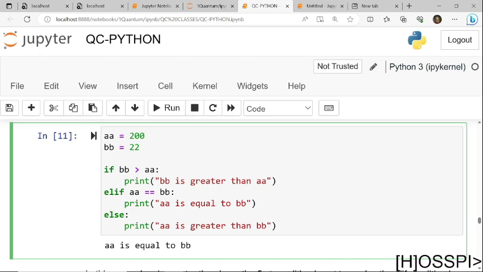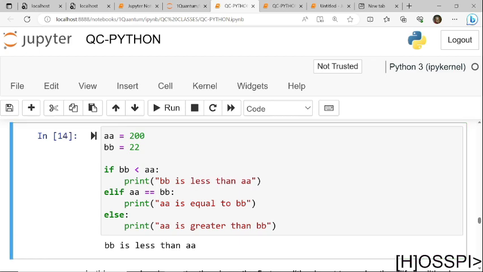BB is greater than AA, wrong. AA is equal to BB, wrong. What else? Print AA is greater than BB. So that's what it's going to give us: AA is greater than BB. This is printing this. If I change the statement so that BB is less than, it's going to show us this. So that is how the